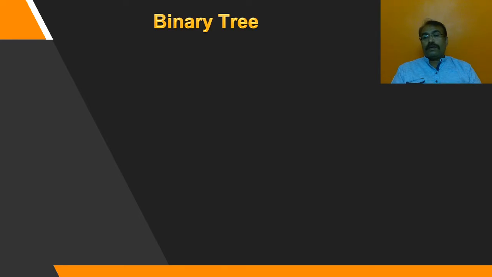But one thing which we have seen in the past lecture, there we have not bothered about the number of children in every node. So if you need to go for a searching kind of operation, you need to have a peculiar arrangement of tree. So today we are going to see that peculiar arrangement of the tree which is called a binary tree.